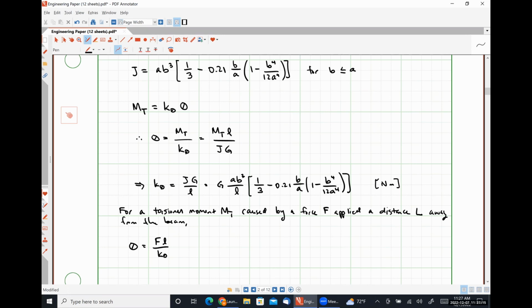And then if we wanted to know, well, it would require me to work a numerical example,